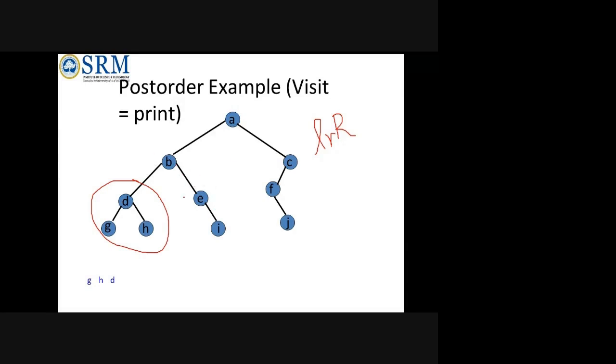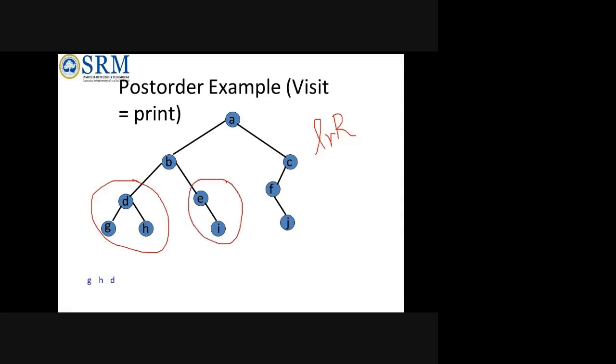Now again it will check that E is a root node, but it is not having a left, but it is having a right. So next I only will be printed, because when it comes to E, listen very carefully. When this left is over, this root node will not be printed because it is at last. So it will check this right.